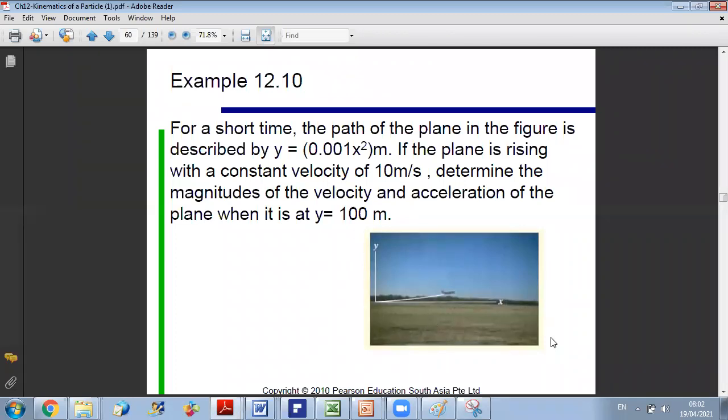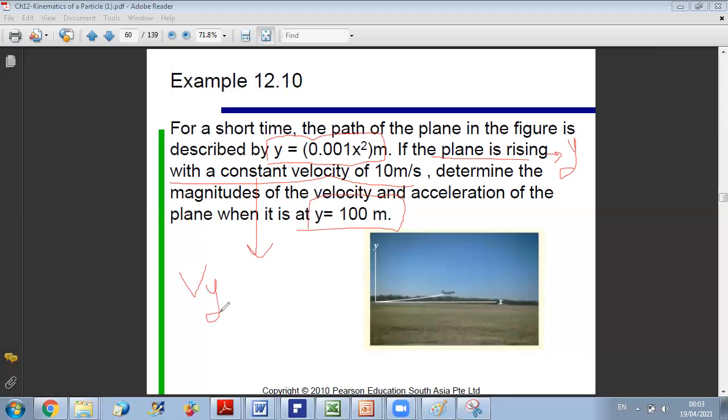So in this motion, they gave us just the equation of y as a function of x, and we want to find the velocity and acceleration magnitudes when the plane is at y equals 100 meters. So this is the first information. The second important information is that the plane is rising with a constant velocity of 10 meters per second. Here they mean rising in y, okay? So in the vertical direction, the velocity is constant. So what I can understand from this sentence is that Vy is equal to 10, a constant,